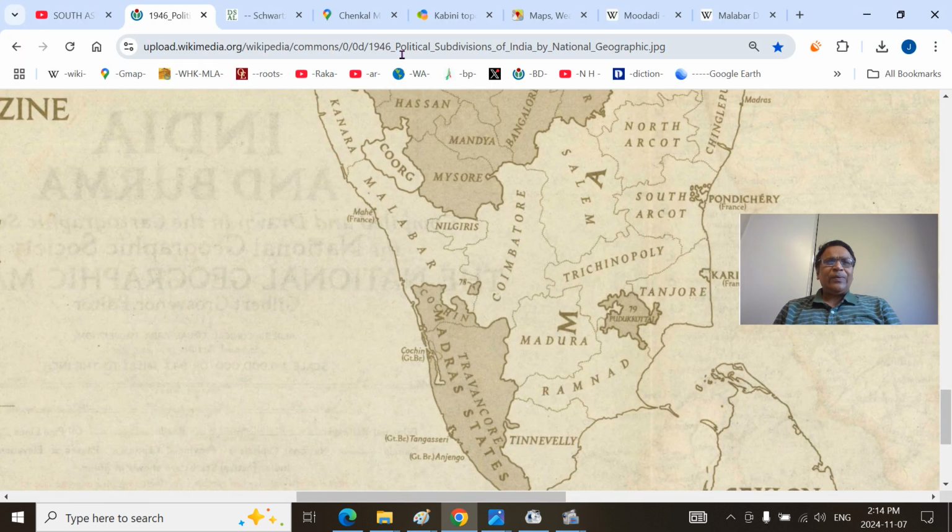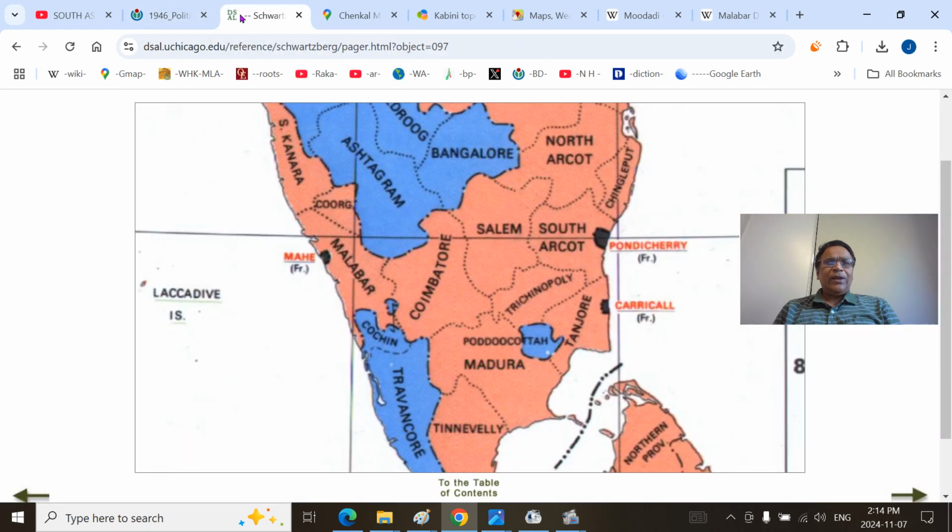So when the British annexed this region to Madras Presidency after 1792, Treaty of Srirangapatnam between Tipu Sultan and East India Company Bahadur, it was first added to Bombay Presidency, eventually added to Madras Presidency, historical Malabar district. That also has an enclave, Mahe, which is an exclave of French holdings in Bharat, Pondicherry.